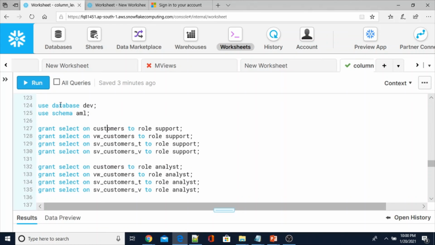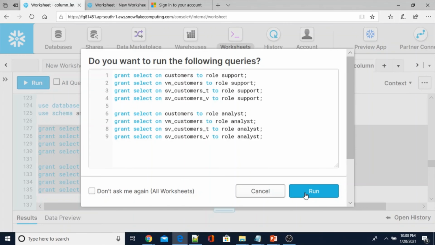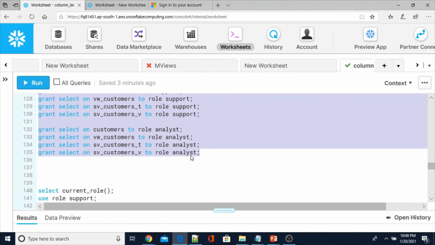Then only he can at least access the table. For that purpose I am going to give select access on all the objects, like the customer table, view, and secure view, to both roles, analyst and support. So that has been done.